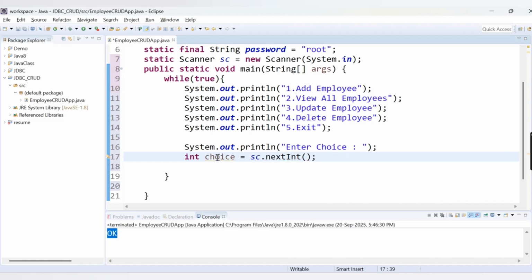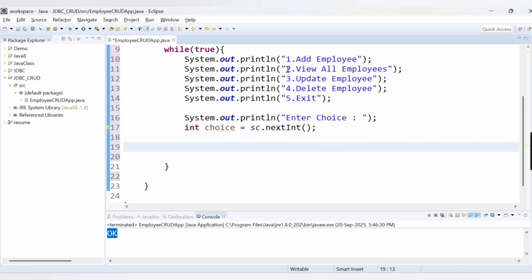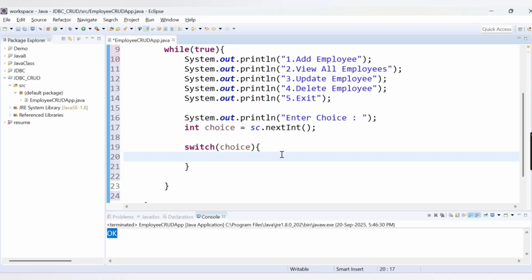Now as per the input the user provided, I need to call the methods of the CRUD operations. Let's say the user has entered 2, then I need to call the view all employees method, right? If he enters 3, then I need to call a method for update. So I will make use of a switch here. Inside the switch I need to pass the choice variable, and inside this switch I will have the cases. Okay, so case 1: if the user has entered 1, then what I need to do,